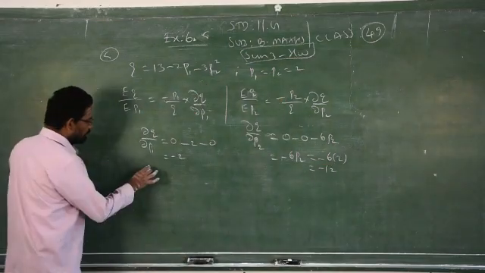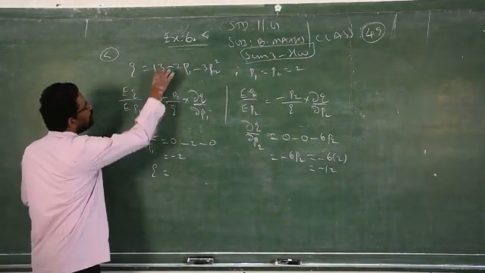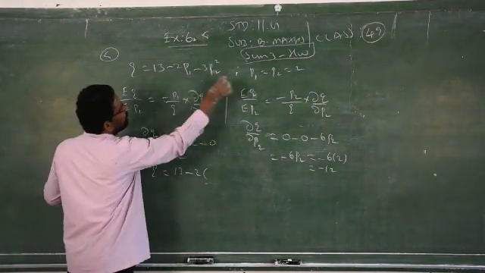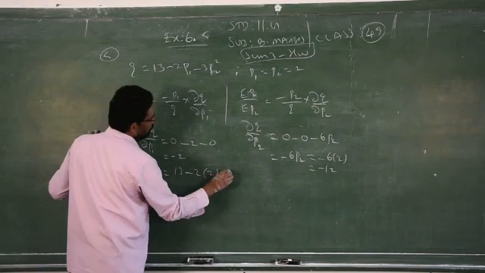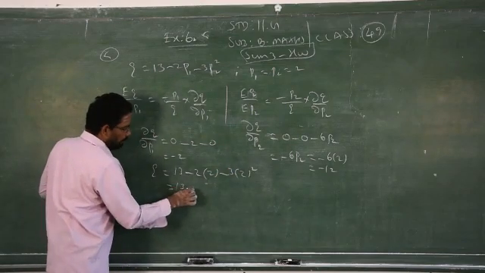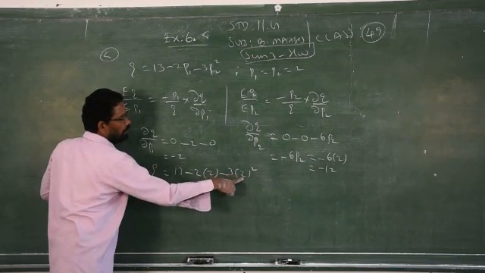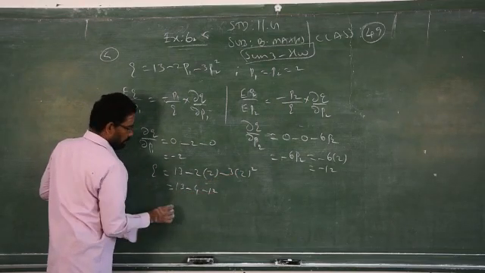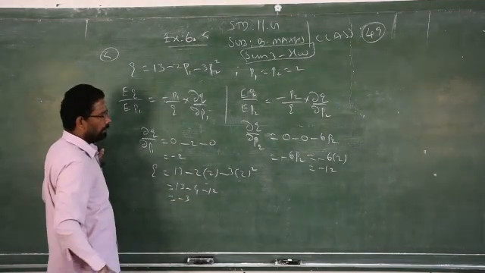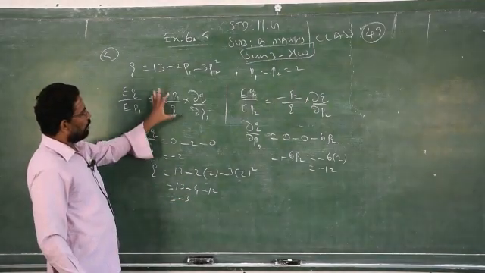Now next, after that we have to find what is Q. 13 minus 2, what is your P1? P1 is 2. What is your P2? That is also 2. So 13 minus 4, and when you square this number, 2 squared is 4, times 3 is 12. So 13 minus 12 is 1. That is, we will get Q is equal to 1. Minus 3. Now I know all the values.